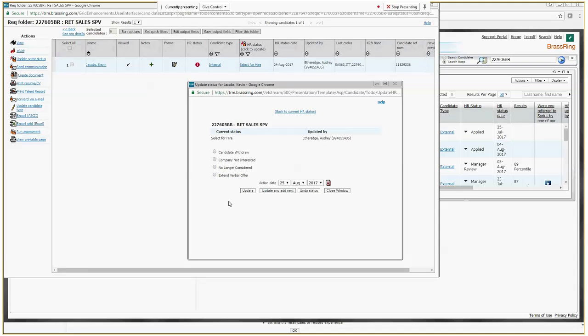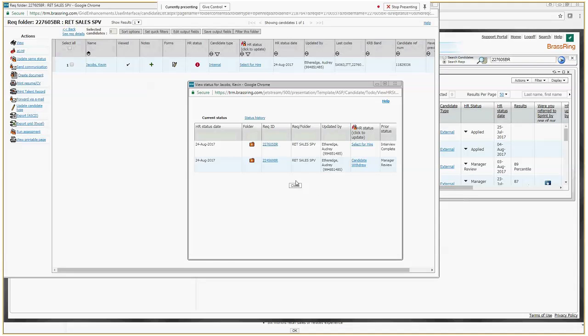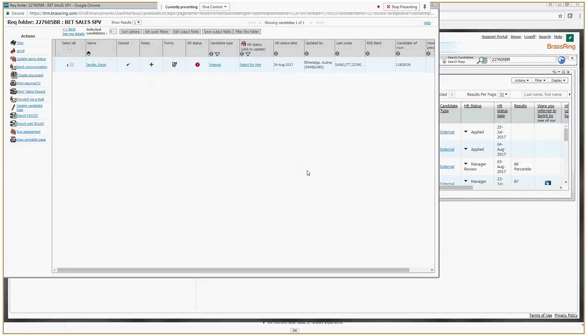Tish, with the compensation grid that we're supposed to send over to the hiring manager, do we do that prior to checking that box, extend verbal offer, or after? I send mine before. Okay, that's just the way I prefer to do it. It's a preference. I like that certainty, knowing that I've sent it out. I like to know that that approval has come back before I select that status to extend verbal offer. Okay. That's just how I did it in the old process.